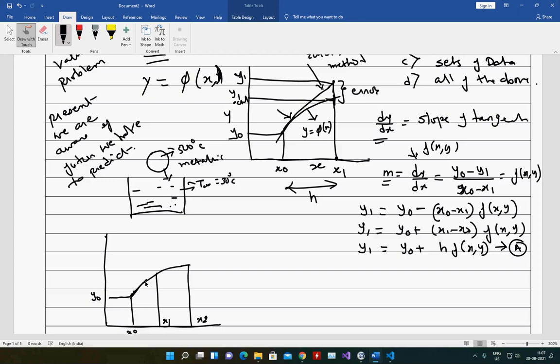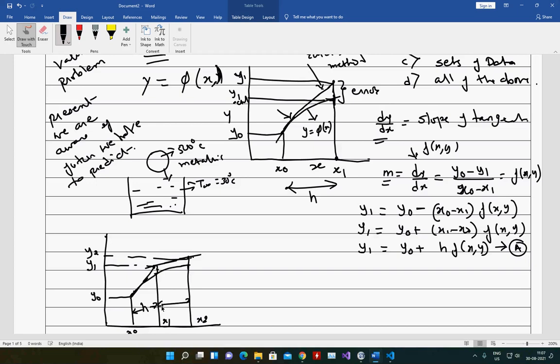First with the tangent I get this value, which has a small error, y1, and from here I draw a tangent that intersects here, and this is my y2. So here h is small.